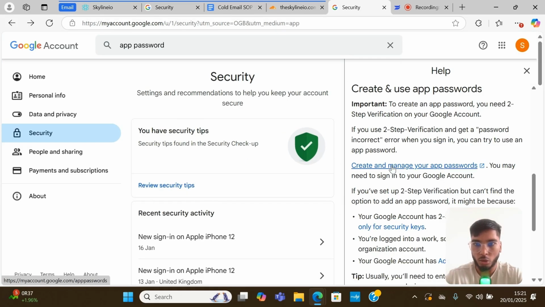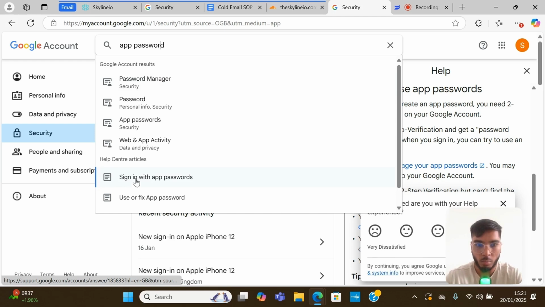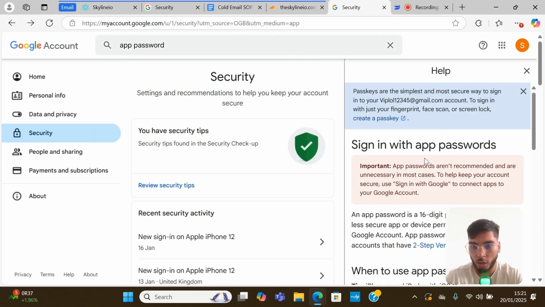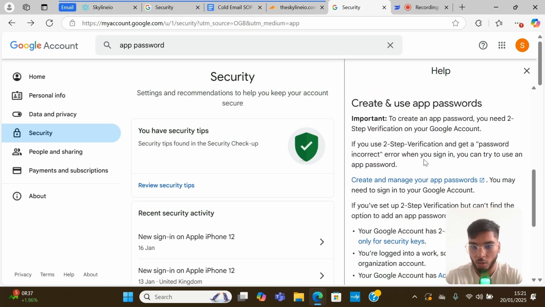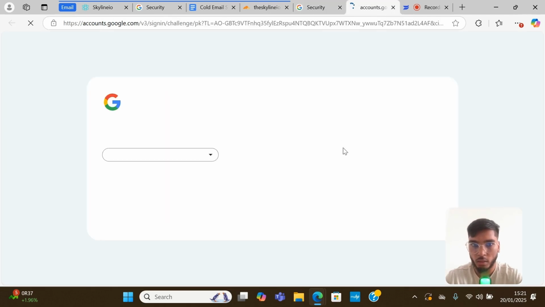Now, once you've set up your two-step verification, what I want you to do is go into the search bar and search up app password, right? In the bottom right here, it's going to say sign in with app password. And then it's going to bring up this little document for you right here. What I want you to do is click onto this link and go and create an app